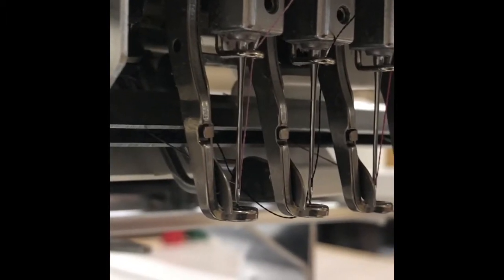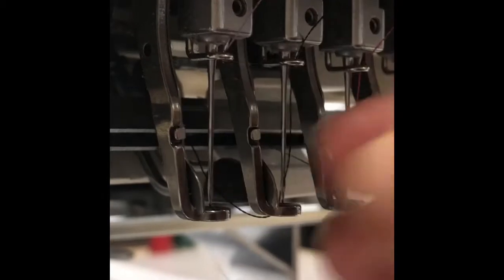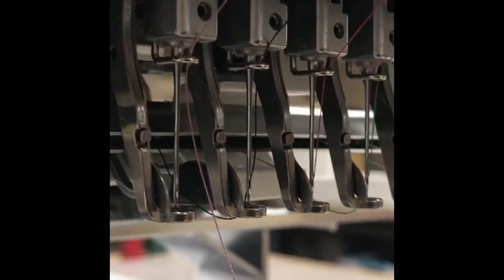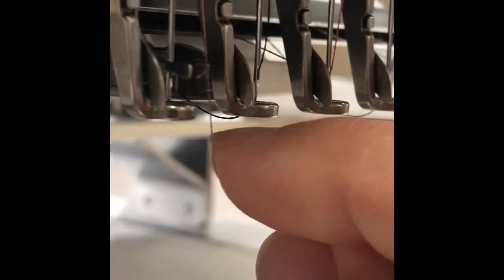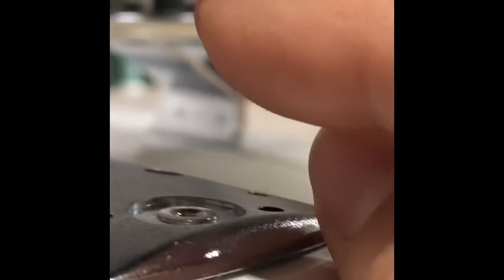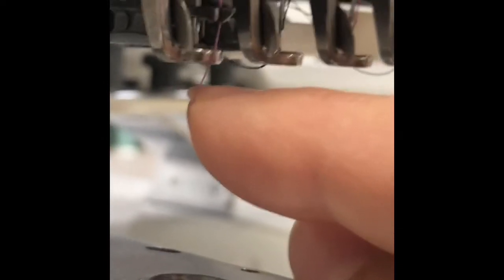How cool is that? So let's do it one more time. I'm going to pull this down. Needle threader engages with the button over there on the screen. Hook it from the right side of the threader, right there, like that, and into the left side of that blade. Come up, cut it off,